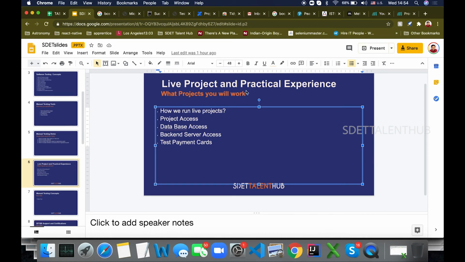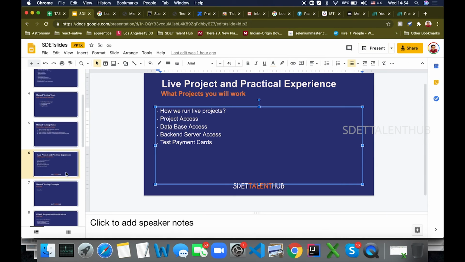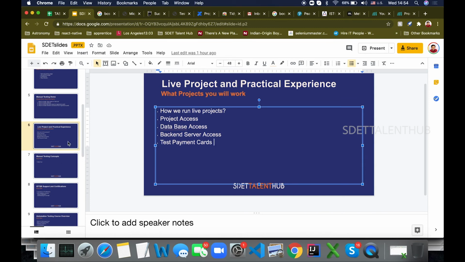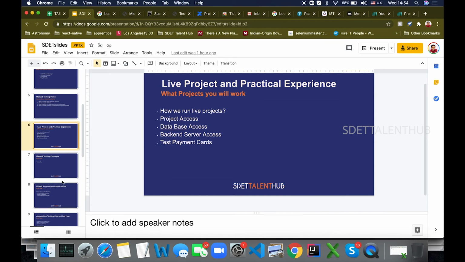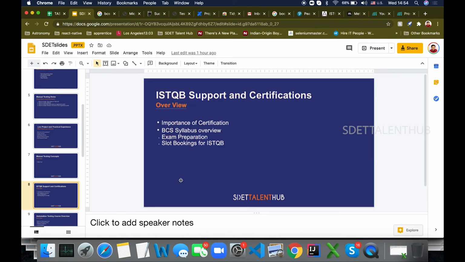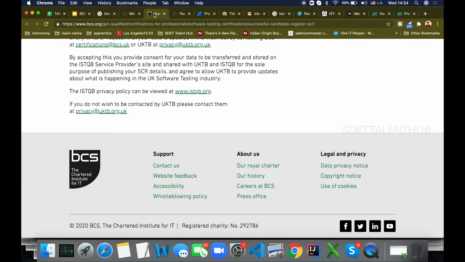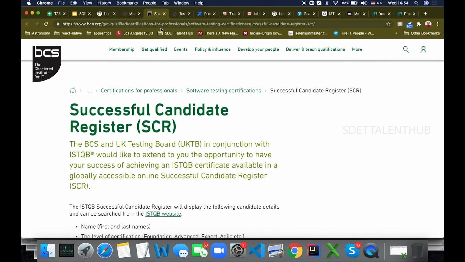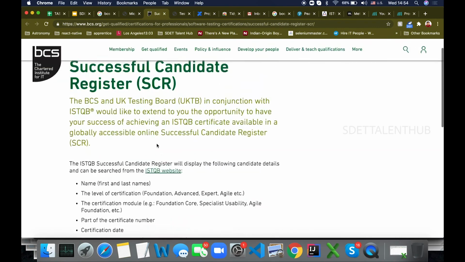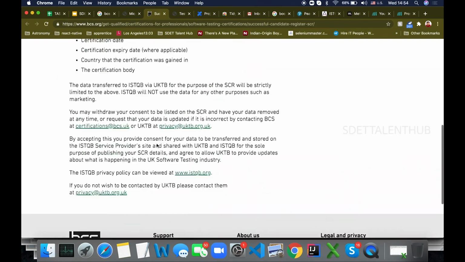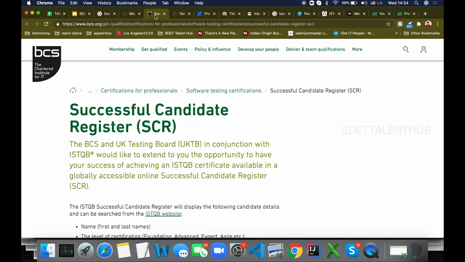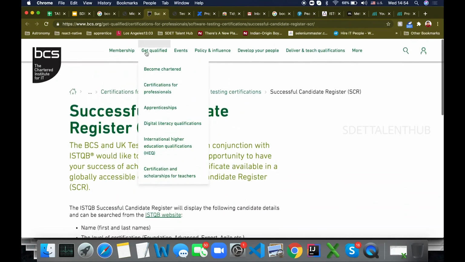And now if you go to the next slide, which is ISTQB certification. One of the important factors is, once you have strong experience in manual testing and agile, then obviously we would recommend you to write the ISTQB exam, and we also help you to book your ISTQB examination. And the ISTQB examination that we talk about today, okay, I'll go through the